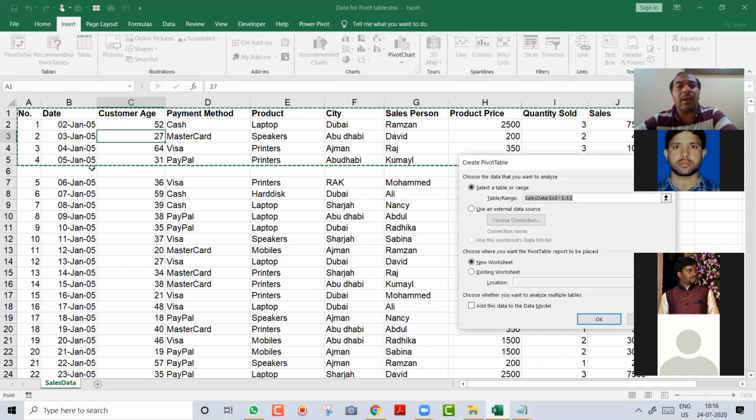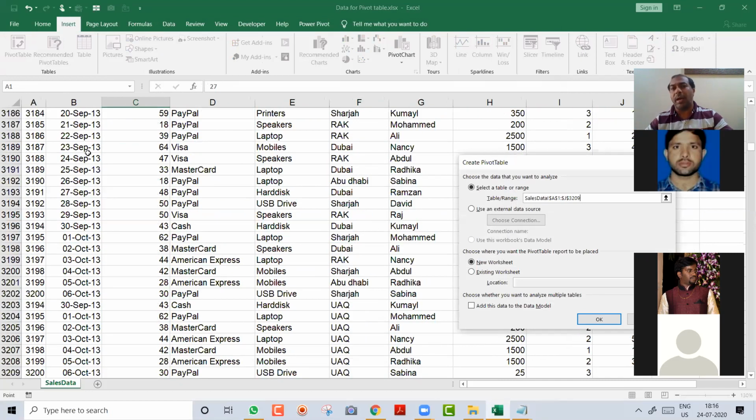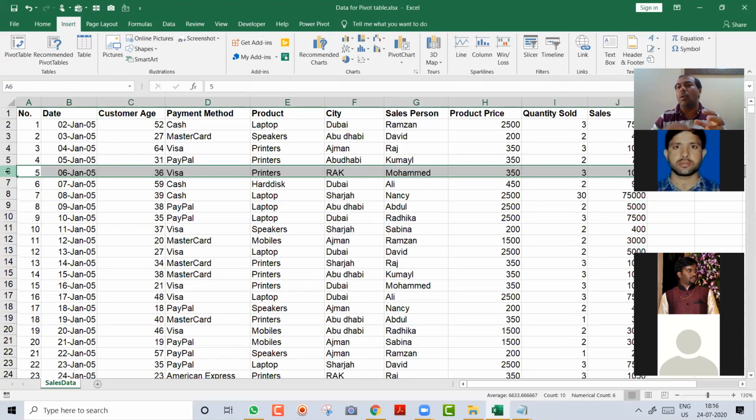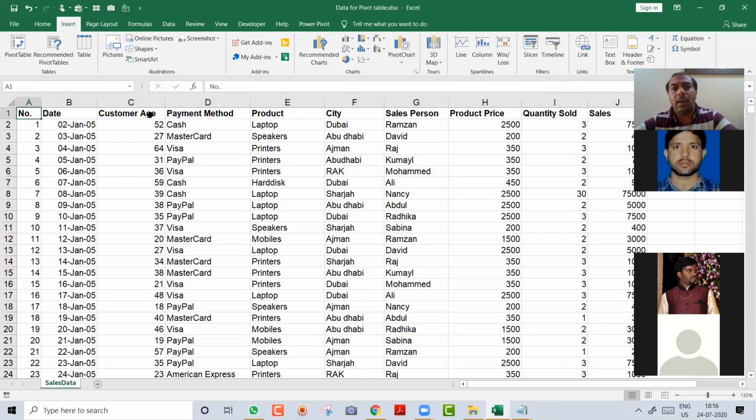You see it will select only this much. Understanding? It will be a problem. Then you have to select with the mouse or Control Shift Down, you have to go down. So first try to remove all the blank rows by pressing Control minus, or you go to the filter and delete. In the same way, try not to have an entire column blank.